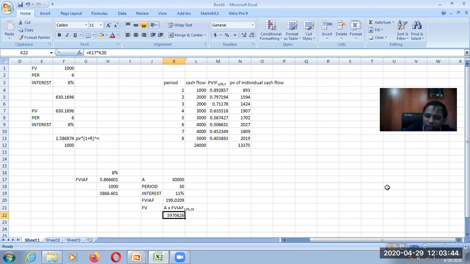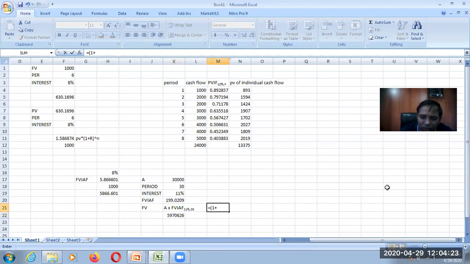If you are calculating on a calculator, then keep in mind we had already discussed what things you need to keep in mind when you are calculating on a simple calculator and not a scientific one. But when you are calculating the same thing on a scientific calculator, you can put this entire formula in your calculator and solve this sum in one single step. If it is not a scientific calculator, then it is advisable that you go step by step. If I'm calculating the same sum on a simple calculator, what I will do is, I will first of all solve 1 plus R raised to n, that is 30.